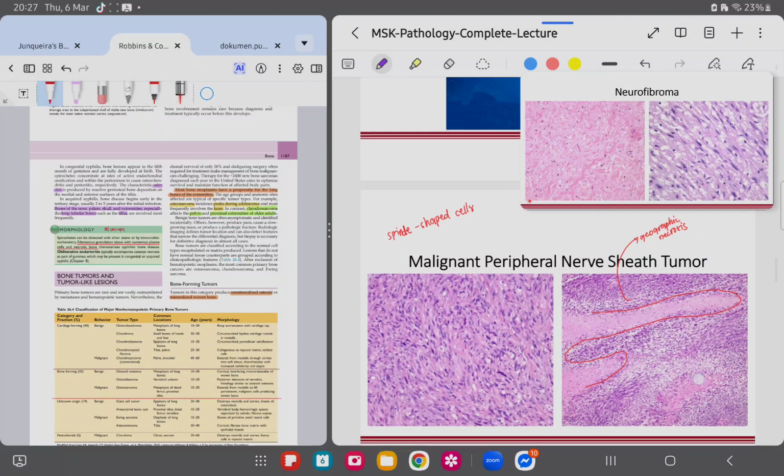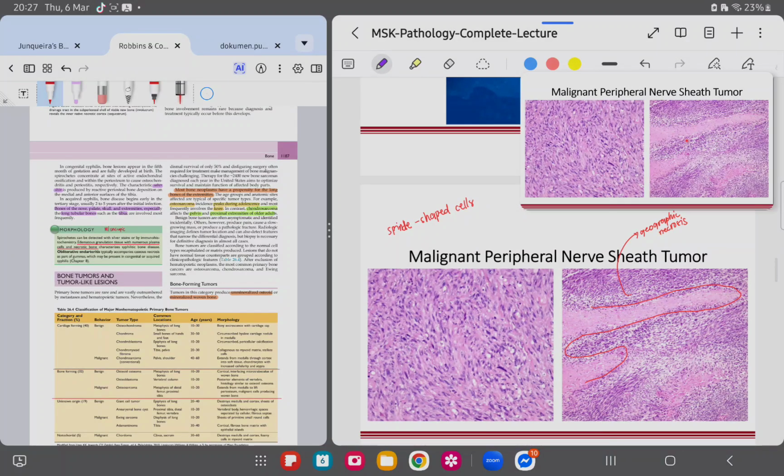Okay. And again, I have emphasized in the lecture that you should correlate that with the clinical findings. Okay. So if I mention in the exam that on dissection of the tumor, it was seen to be associated with a nerve, we're practically dealing with a malignant peripheral nerve sheath tumor. Of course, neurofibroma and schwannoma can be associated with nerves. So please take a closer look at the lesion that you are seeing. At the same time, at the description, was it rapidly enlarging? Was it destructive? Does it appear to infiltrate the surrounding tissue? Those things. Okay.